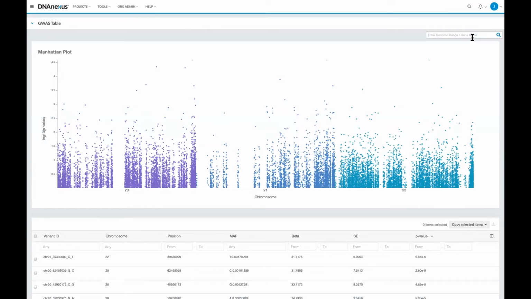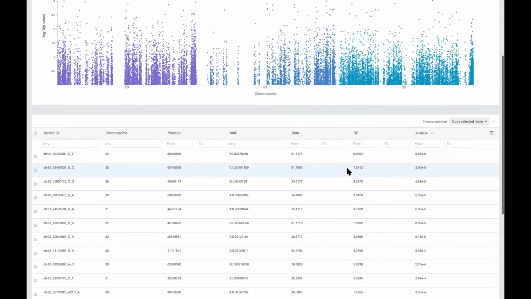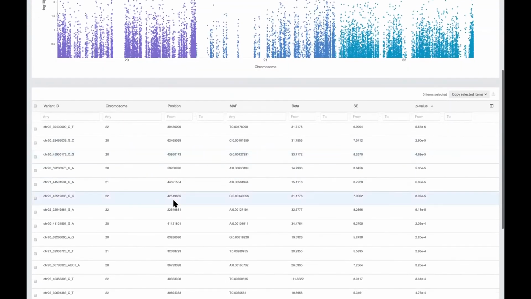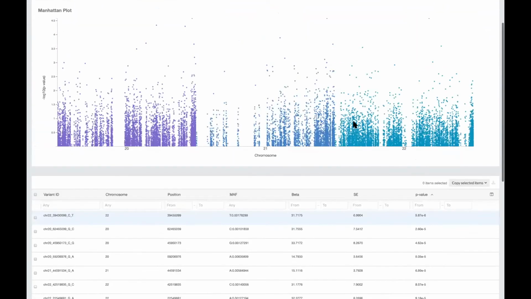So it wasn't, again, a particularly rich analysis, but again, this is a spurious data set, so anything we would find wouldn't really matter. But what we have here is, again, our Manhattan plot across the top, and then as we scroll down, you'll notice the listing of variant IDs, which can be sorted by their p-value in terms of their associations. So with that,